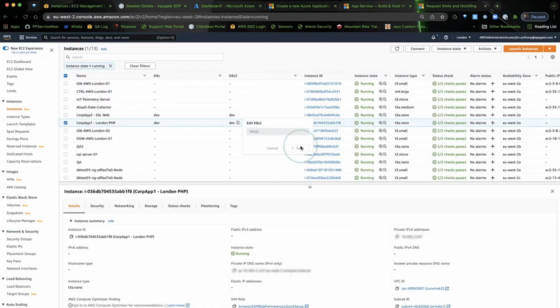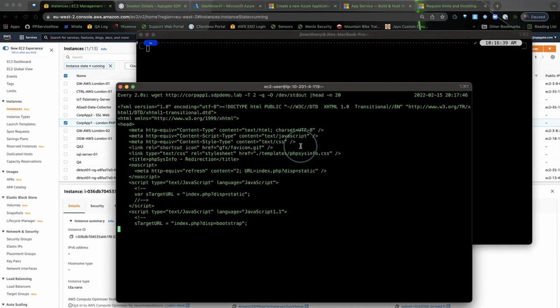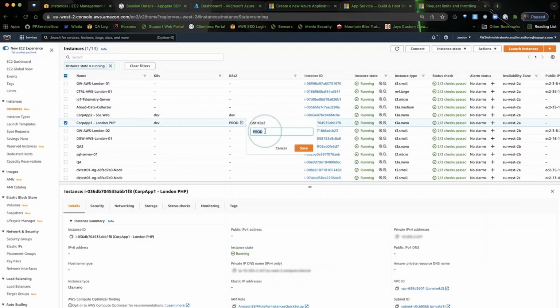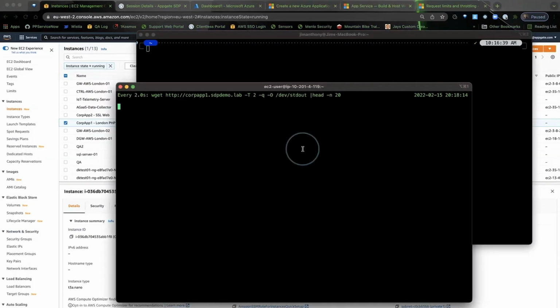If we change the K8S2 tag to prod and we toggle back over, we can see that we are now unable to access that web server and our polling command fails. This is because that tag no longer meets the access criteria for that sidecar client. Likewise, if we reconfigure the tag back to dev and check again, our access to that web server in AWS